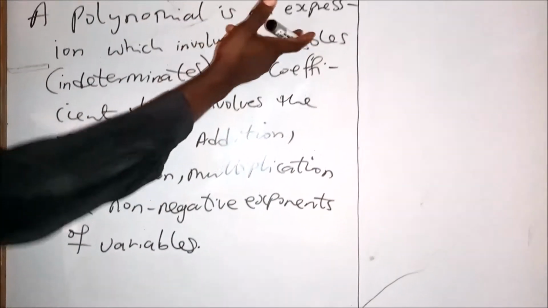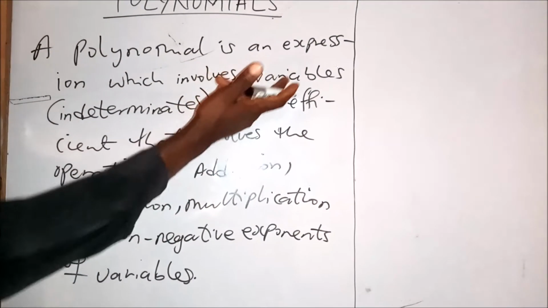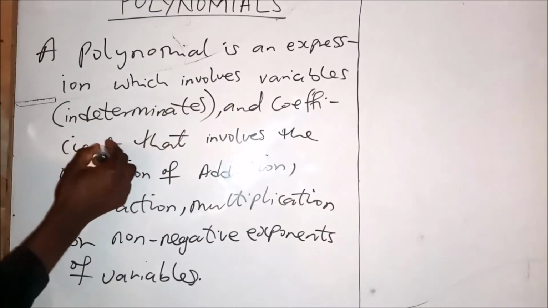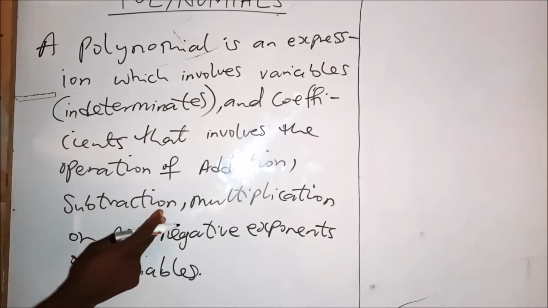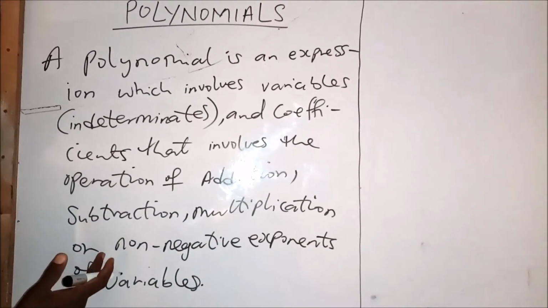So a polynomial is an expression which involves variables and coefficients that involve the operation of addition, subtraction, multiplication, or